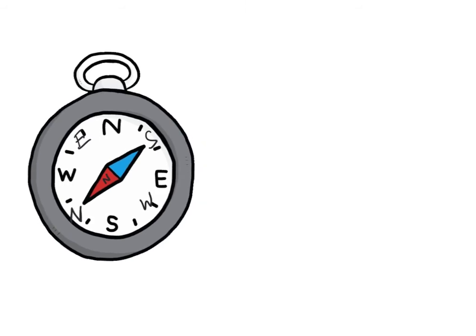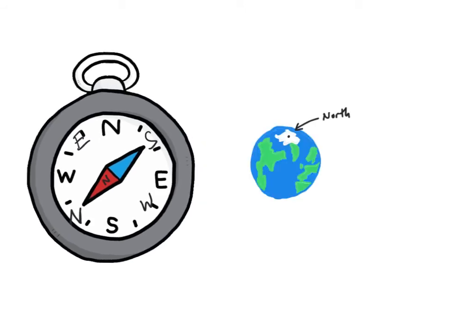But if they're attracted to each other, that means they are opposites, which means either the North Pole of the magnet or the North Pole of the Earth is a South Pole. And so, for better or for worse, Earth's North Pole was renamed to South Pole. Now, it is important to know that north is still north, but Earth's geographic North Pole is a magnetic South Pole,